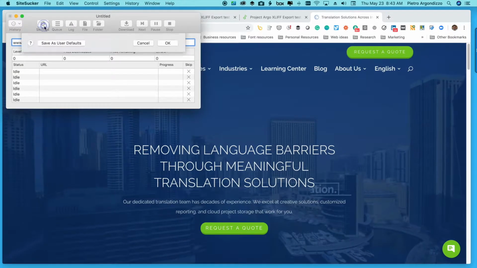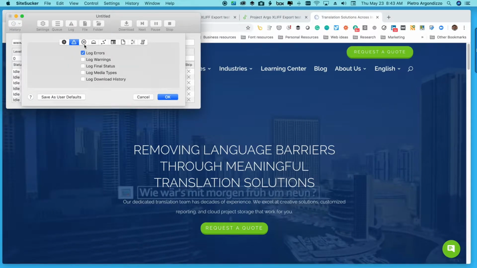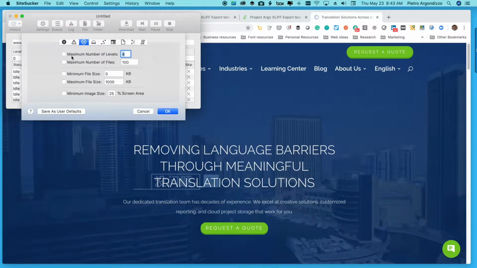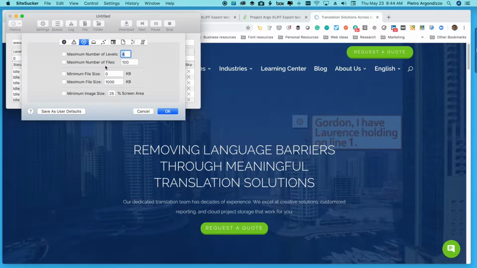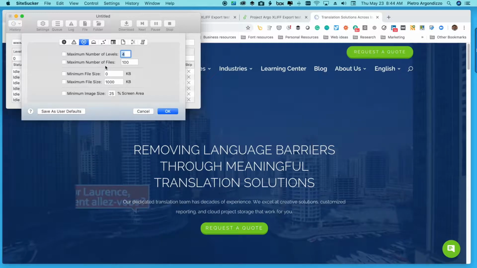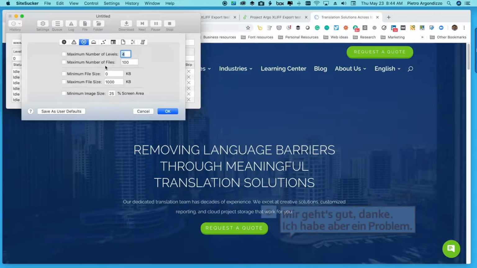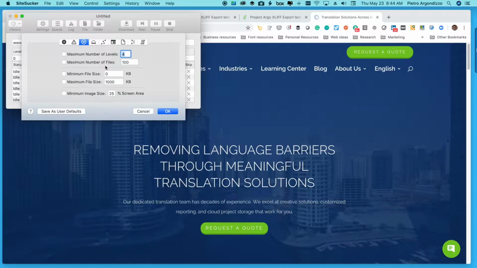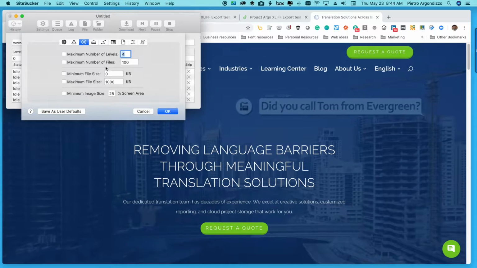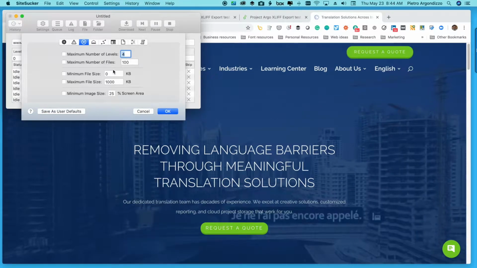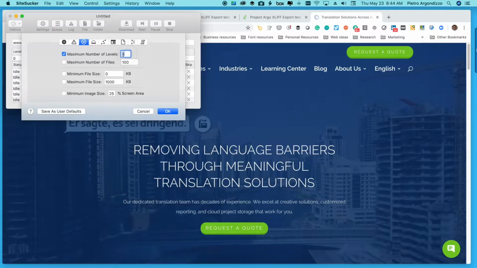So one of the key settings, and we'll go through some of them here, is how much to grab. So this setting right here is the key thing. Because again, what parts of the website are you going to translate? That's really most important. Remember, you have a blog, you might have a news section. Is that all going to be relevant to what you're trying to do in your non-English markets or in the markets that you're translating into? So I can go ahead and check that, and I can say 2 levels, 3 levels.